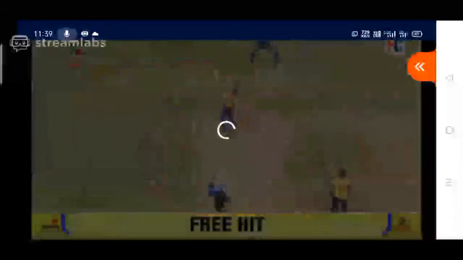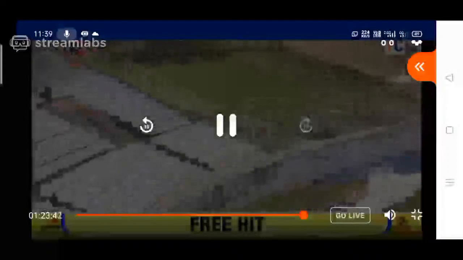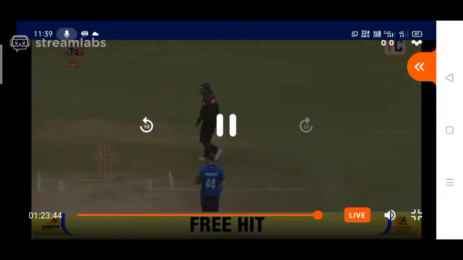Short ball hit high in the sky. There's a fielder under it. Oh, it was a no ball. Now it's a free hit. That's so many extra runs, and he's going away for a hit there. Can he clear that boundary? Yes, it's a 6. And what a shot that was from the batsman there.